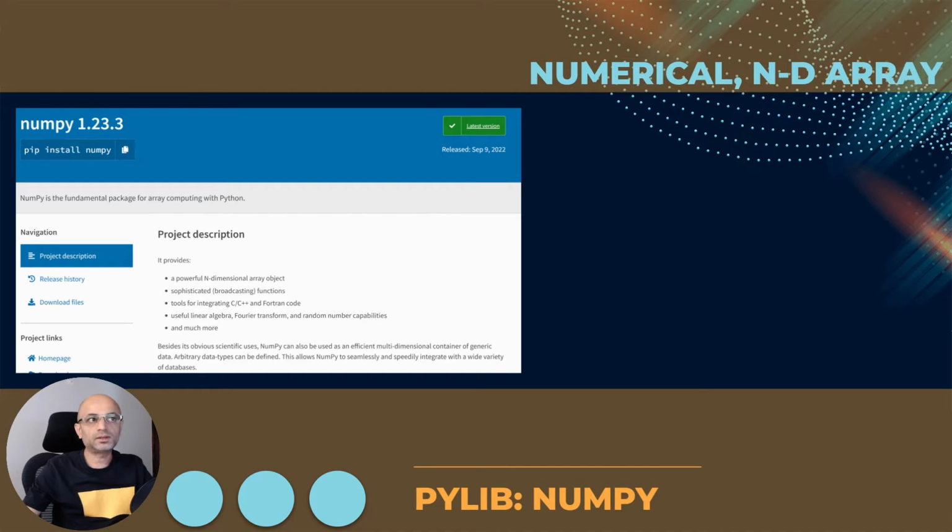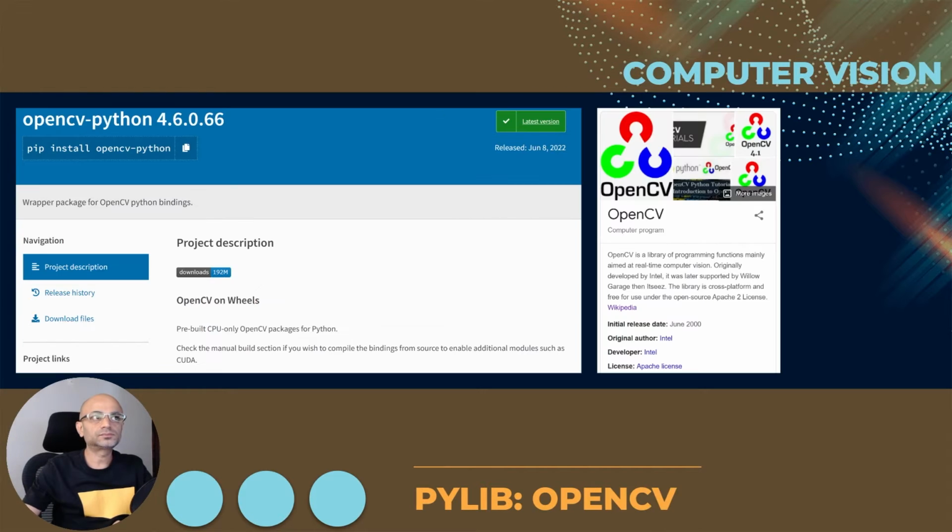The first one, the NumPy library, is used for numerical n-dimensional arrays, which supports a lot of mathematical operations. OpenCV Python is a library for computer vision, which was released in 2000 by Intel.